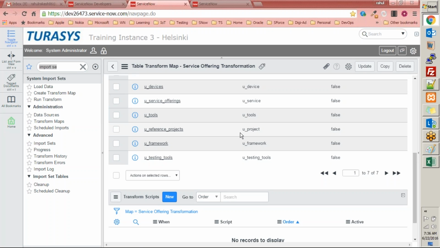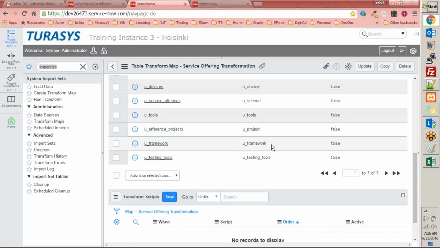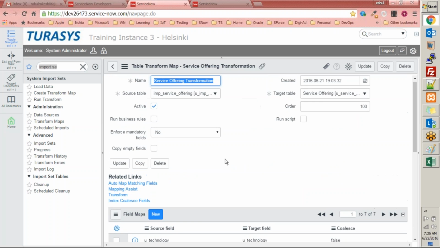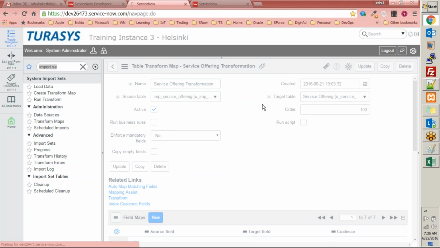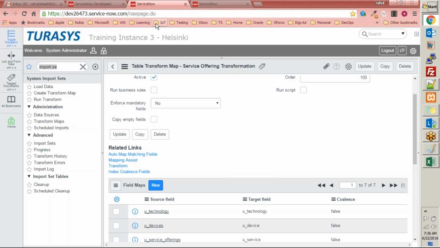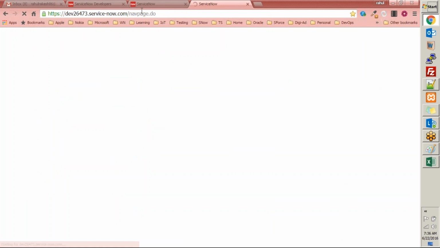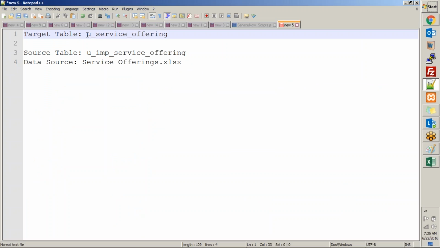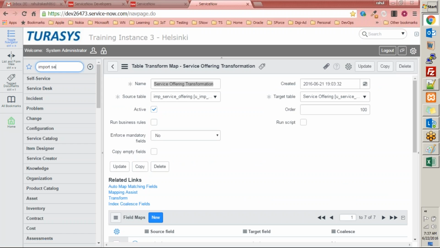When we save this, we get this source target field mapping. So right now we are done with mapping. Now that we are done with mapping, I'll quickly go ahead and show you that the service offering table, which is our target table, doesn't contain